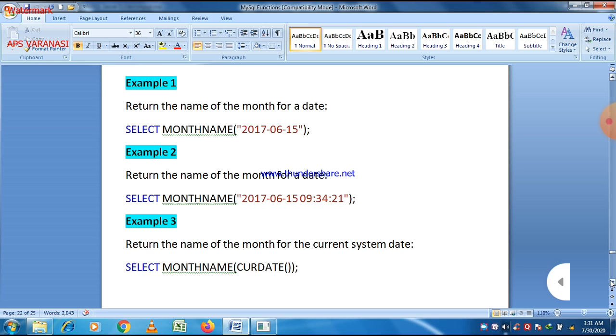So again it is used with the same parameters as we used in the MONTH function, date with timestamp and current date.